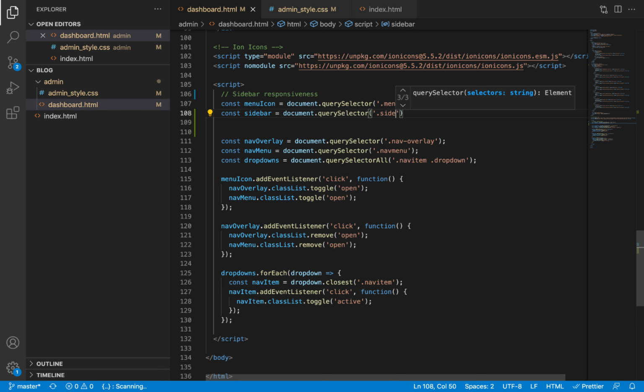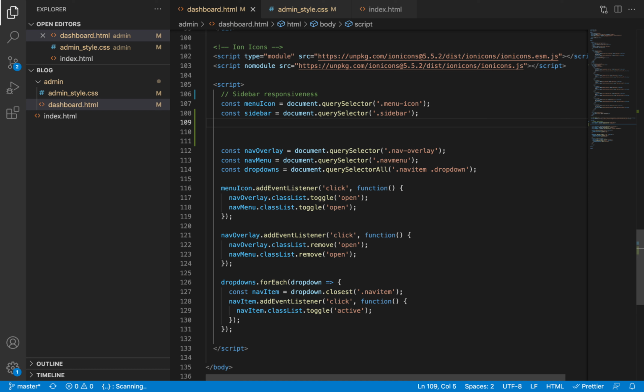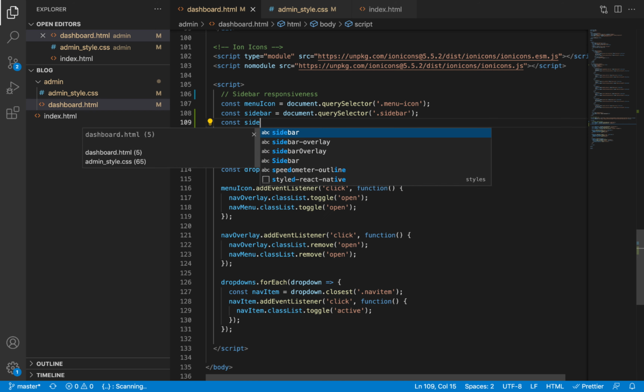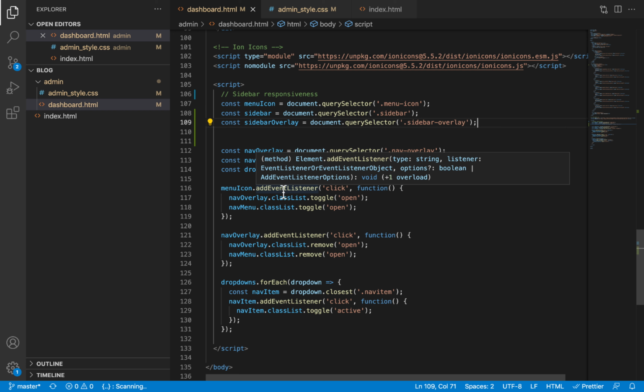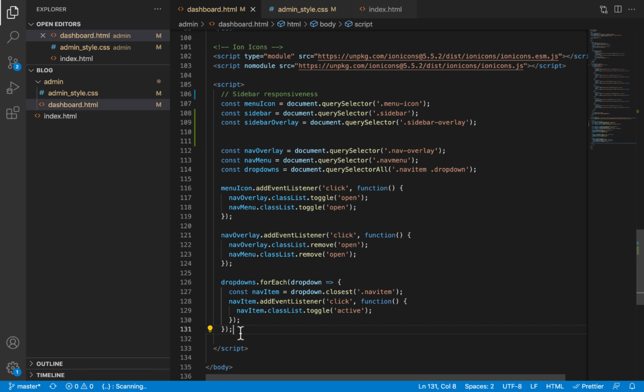It has a class of sidebar. We are also going to select the sidebar overlay. It has a class of sidebar overlay, and these are the only two elements we need. So I'm going to remove everything else here,